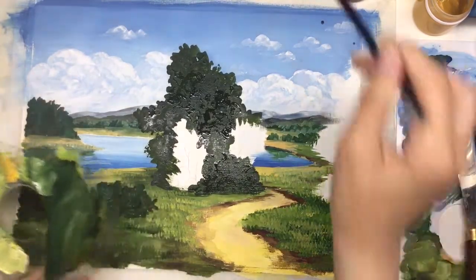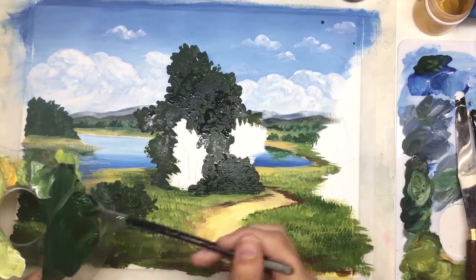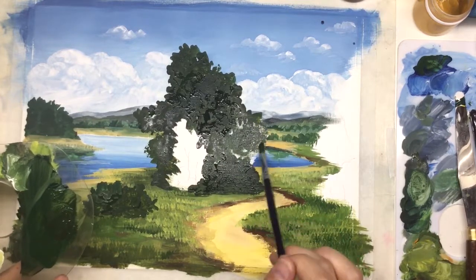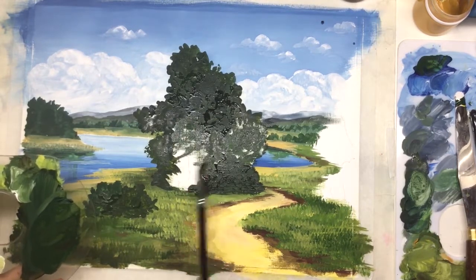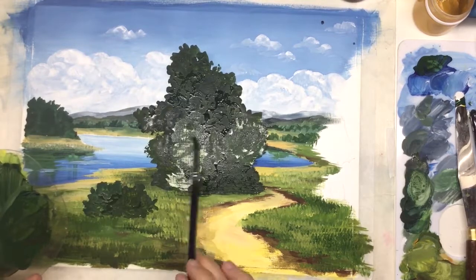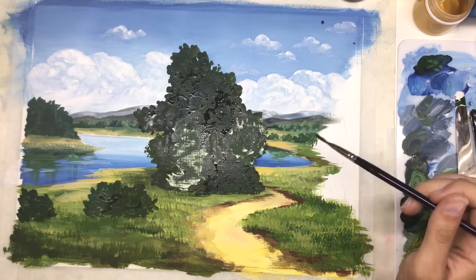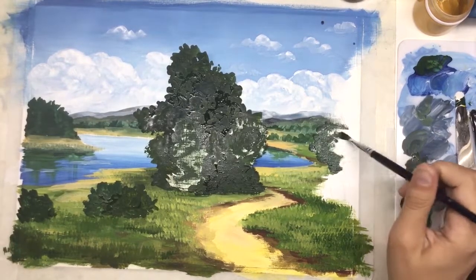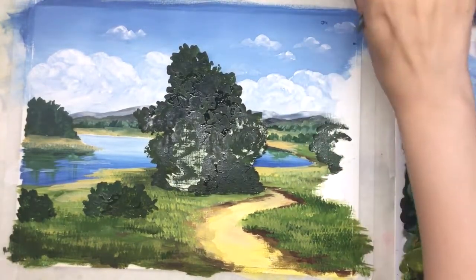Okay, it's not a fast work, but I don't want to speed up my video, because in my view it will give you a better feeling about how real paint work goes. If you're just watching time lapses, you can get the wrong idea that painting goes really fast and smooth. It's not. Some steps don't need too much experience in painting, but they take time, just because, for example, now we have to get these prints